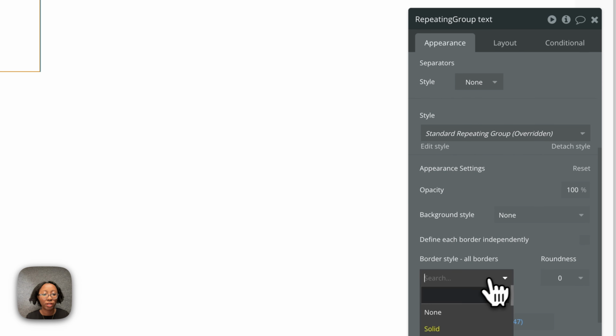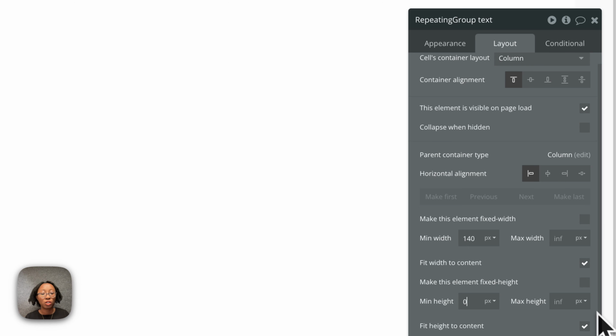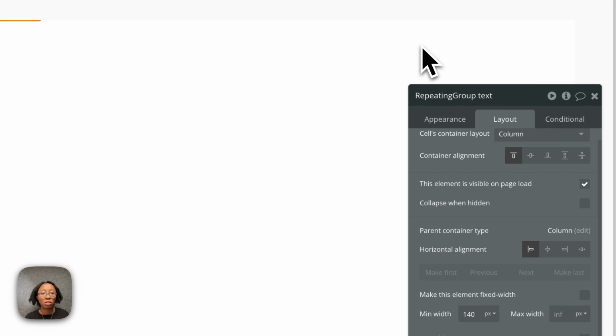And then in the layout tab, we're going to make sure the cell's container layout is column. Set the container alignment to top. Element is visible. We're going to uncheck, yeah, so make this element fixed width. We'll set the minimum height to 0, so it's really just however big it is. We'll check fit height to content. We'll check fit width to content. The minimum width, we can leave